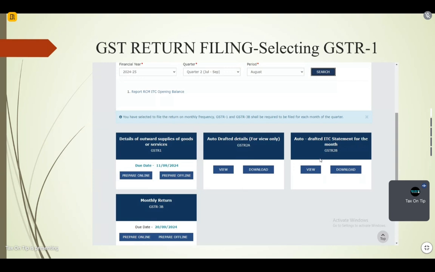Here you can see that once you choose the option of August, you will find 4 tables, 4 options, basically GSTR1, and then the auto-drafted 2A and 2B, and 3B. We only need to discuss GSTR1 and 2B today, and 3B we will touch in the next session. So now coming on to the GSTR1, you can find the details of outward supply of